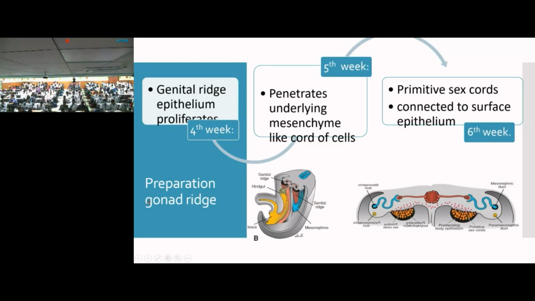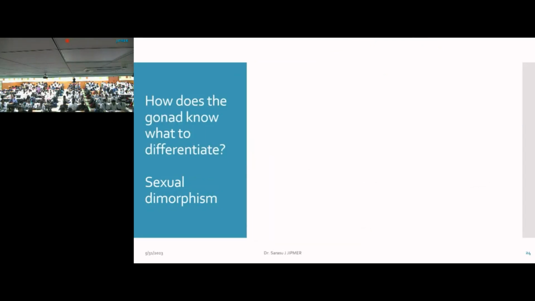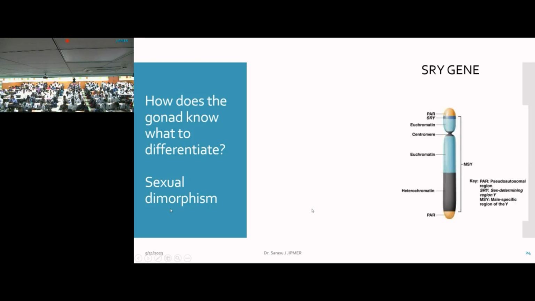So now these gonads are saying that we have to differentiate in some way or other. We need to know in what sex we have to differentiate. Until then, the sex is not known. So we call this stage sexual dimorphism. Now here comes the person who tells the gonadal ridge, okay, you differentiate into male or you differentiate into a female. And this is called the SRY gene, located on the short arm of the Y chromosome